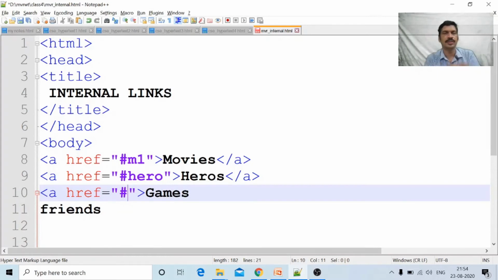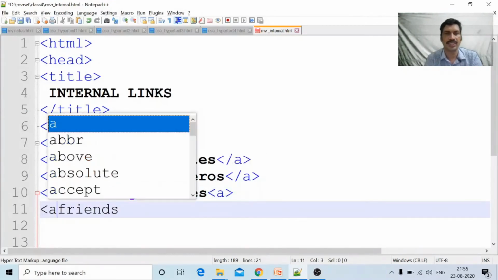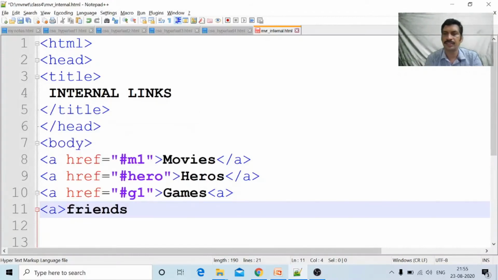This is the symbol for declaring an internal link. For games, I am giving the name G1, or game, anything, slash A. Friends, slash A. End with slash A.